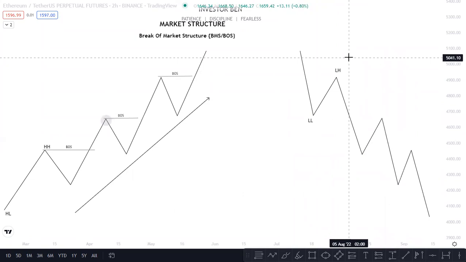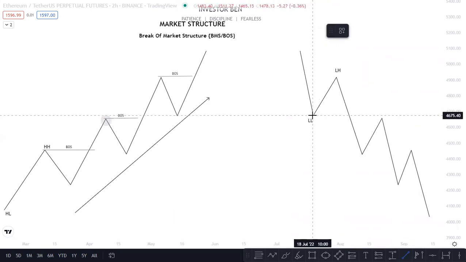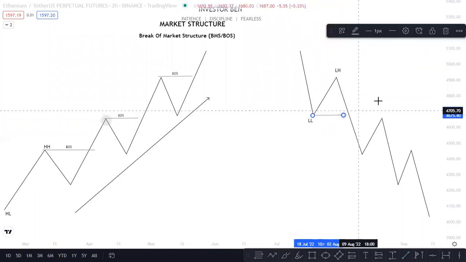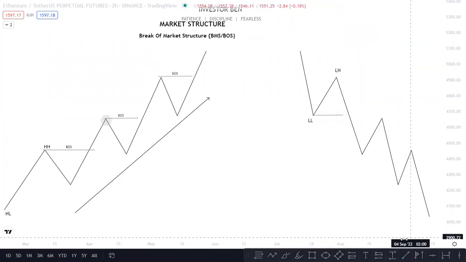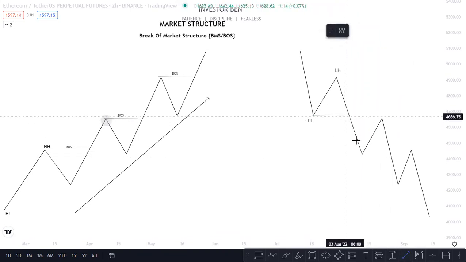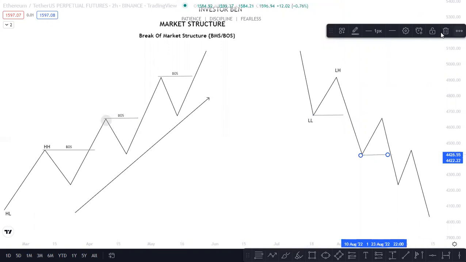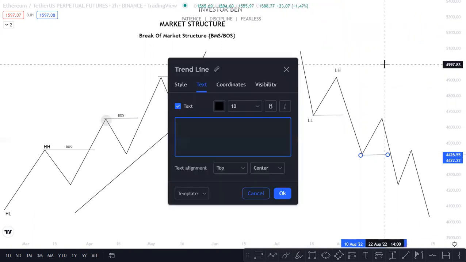And the break of market structure in a downtrend occurs at their lower lows, right? Where price tends to be breaking lows. As new lows are formed, the downtrend continues. As new lows are formed, you could see here we broke this low, we continue the downtrend, right? We break this low. As the low keeps on breaking, right? The continuation in downtrend, right? Yeah, so the downtrend continues.